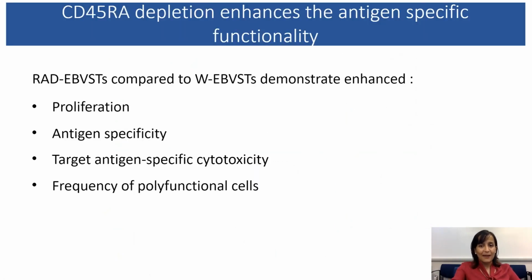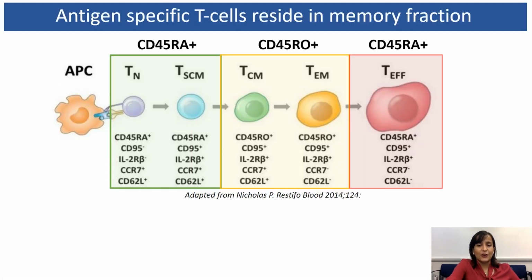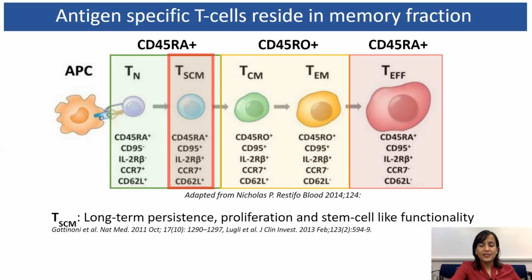So now I've so far shown you that with CD45RA depletion, we are able to demonstrate, compared to whole EBVSTs, enhanced proliferation, antigen specificity, target antigen-specific cytotoxicity, and increased frequency of polyfunctional cells. So now that we know that they do have high frequency, I would like to go back to the same graph that I showed earlier about T cells and point out this fact that there is also this stem cell-like memory